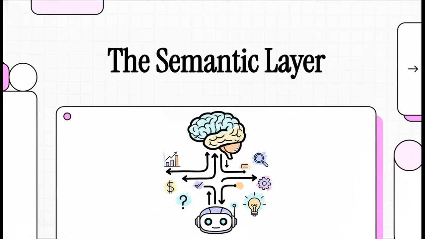Today, we're unpacking some fascinating insights from Dr. Shukru Imre on a massive challenge in AI right now: how to make agents actually understand business data. Because let's face it, there's a huge gap between an AI just reading numbers and an AI actually knowing what those numbers mean. Today, we're going to bridge that gap by looking at what's called the semantic layer. Let's get right into it.